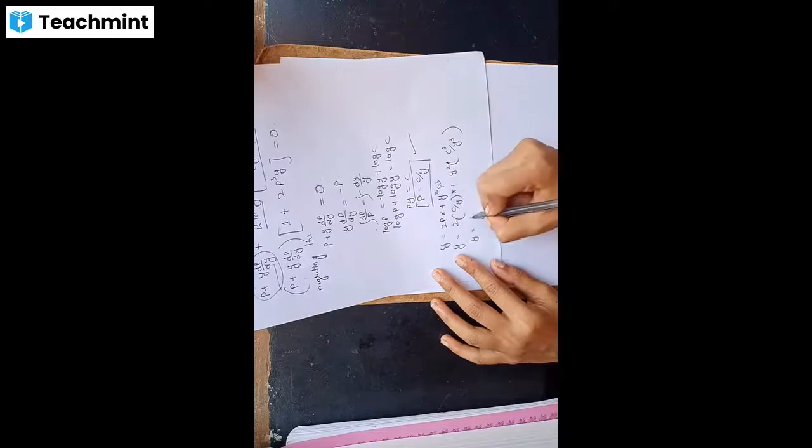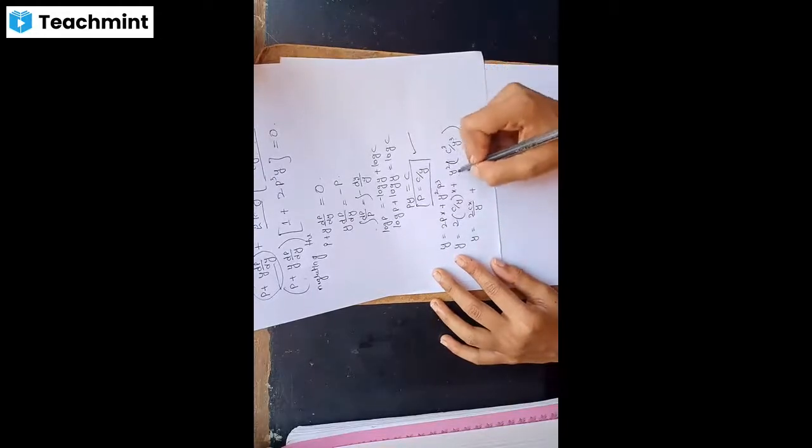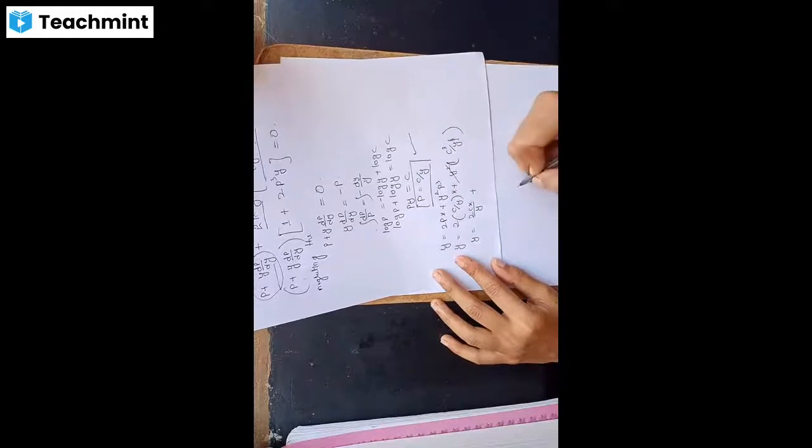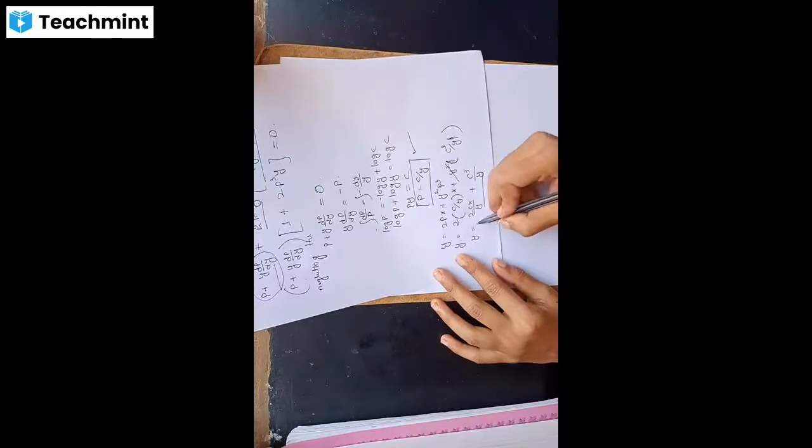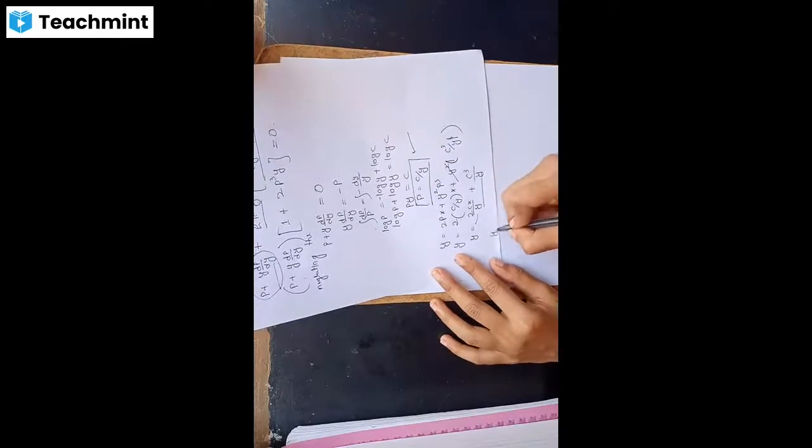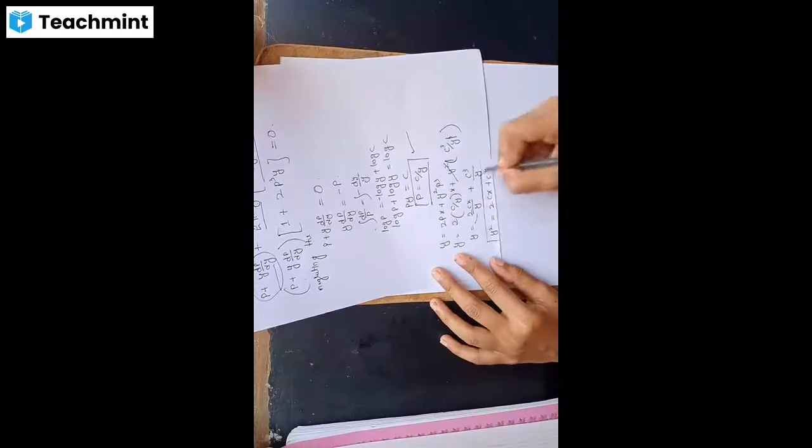So y is equal to 2cx divided by y plus, here y square and y square get cancelled, remaining is c cube divided by y. Now take y as the LCM and cross multiply, so we will get y square is equal to 2cx plus c cube, which is our required complete solution of the given differential equation. Okay.